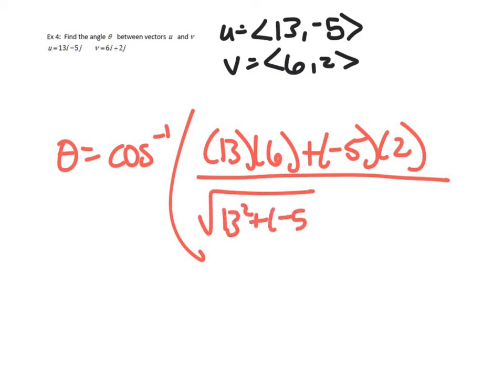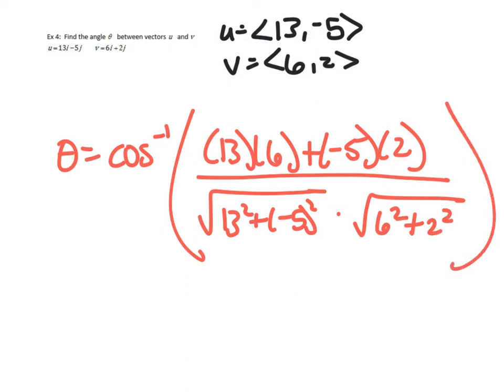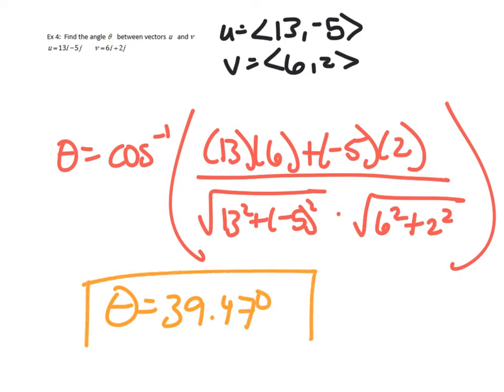It doesn't matter when you're doing the magnitude if you put a negative 5 or a positive 5, because you're going to square it anyway. But if you do put the negative on there, put parentheses around it. Otherwise, it's not going to do it the same. And through the magic of putting it in the calculator, you're going to get 39.47 degrees between the two